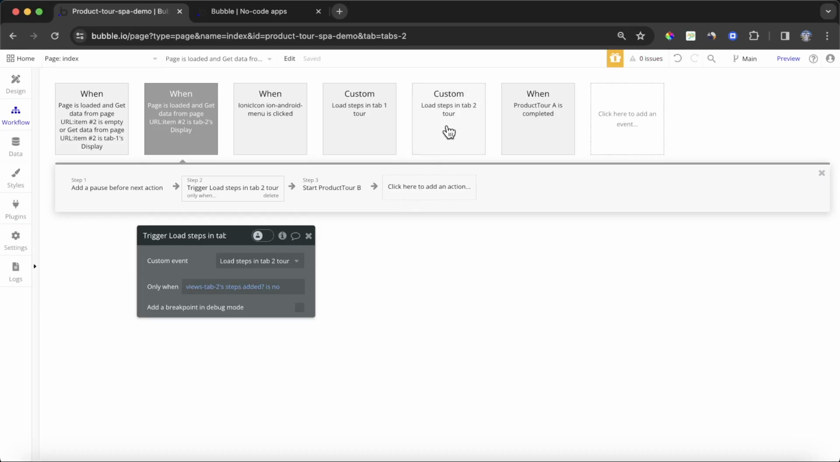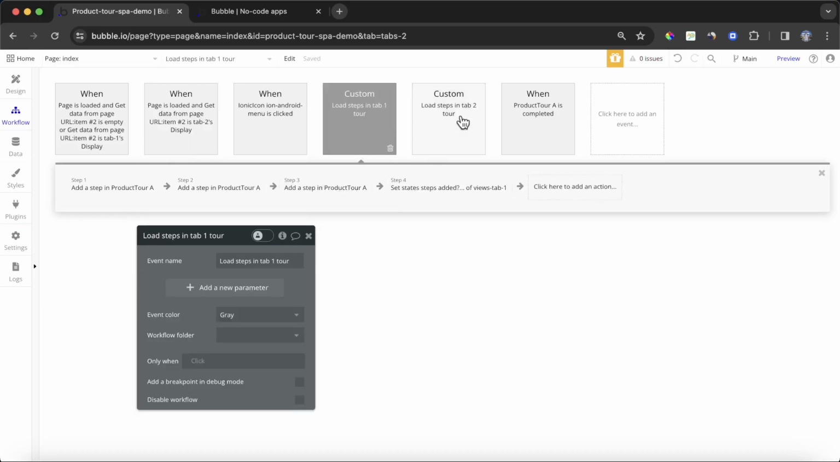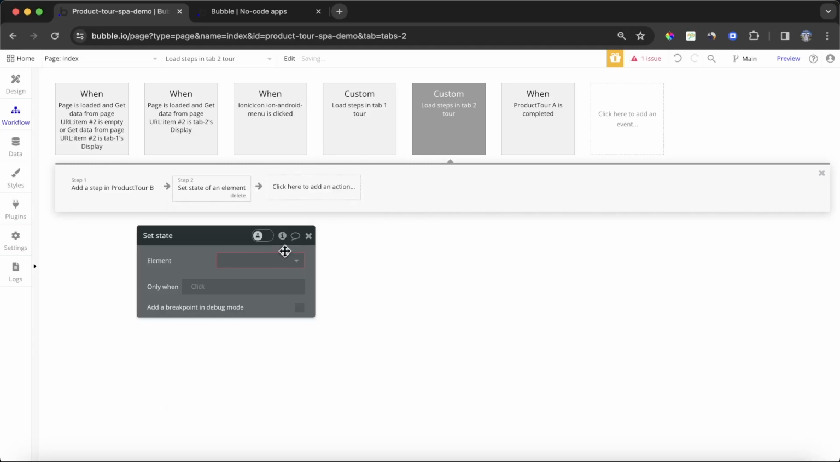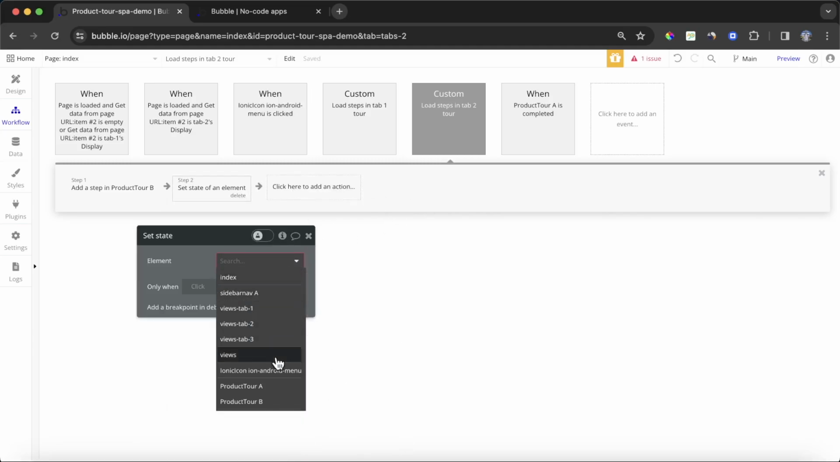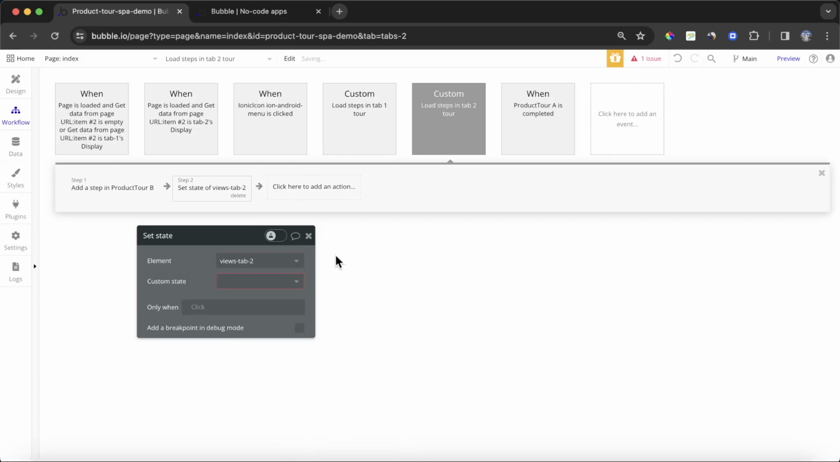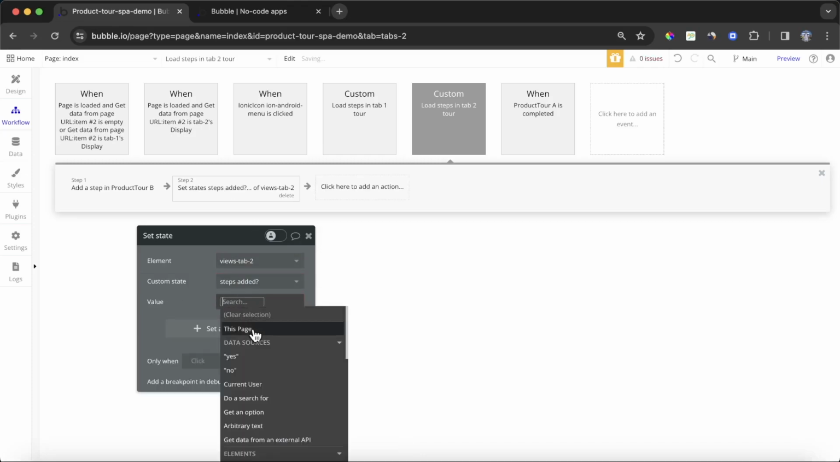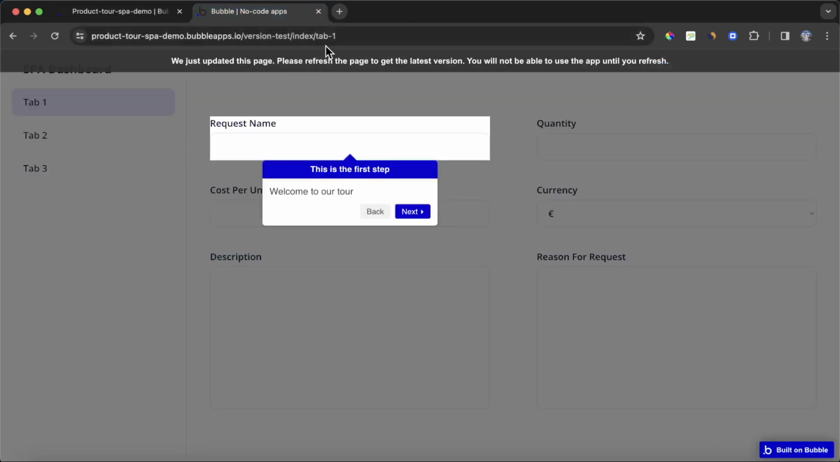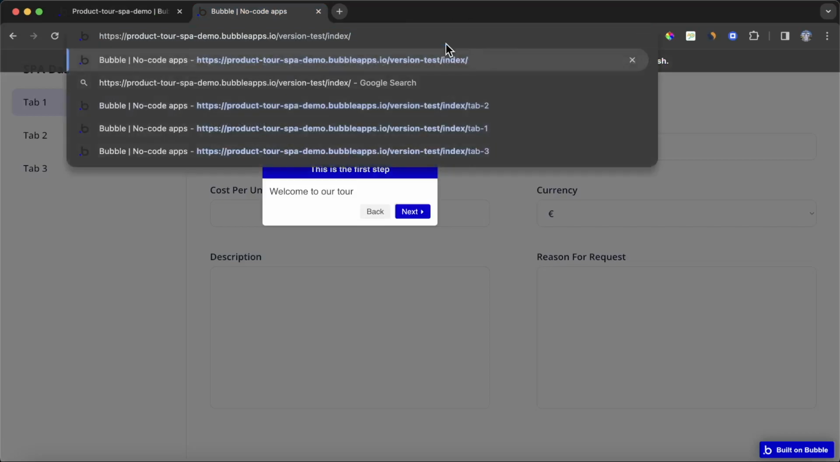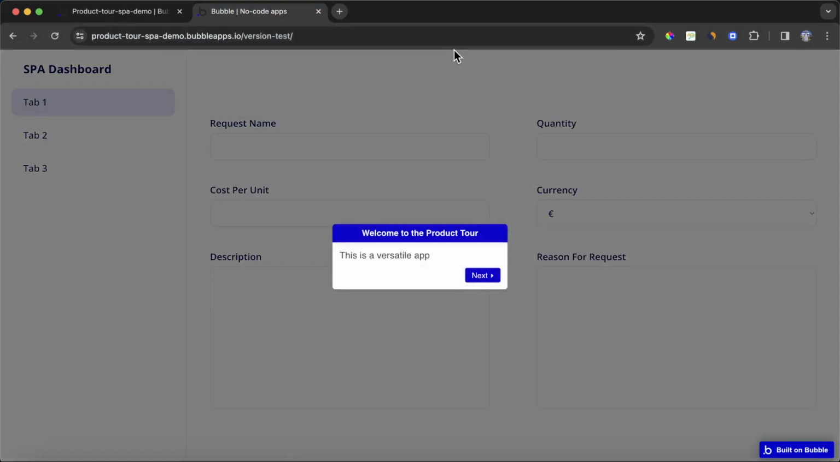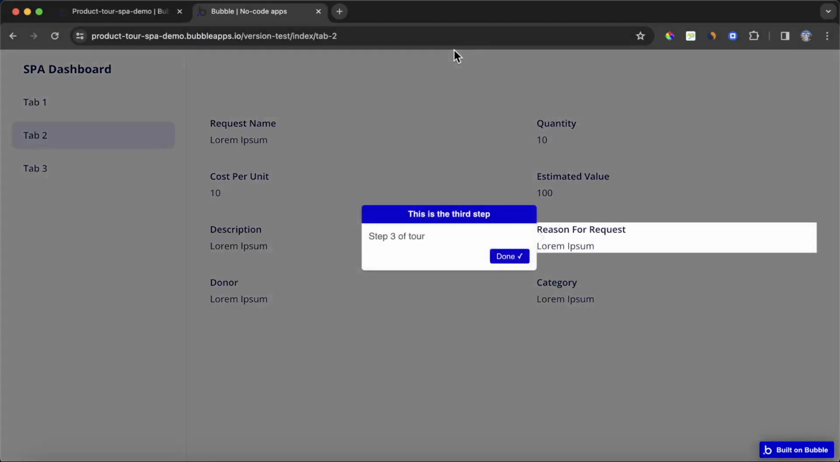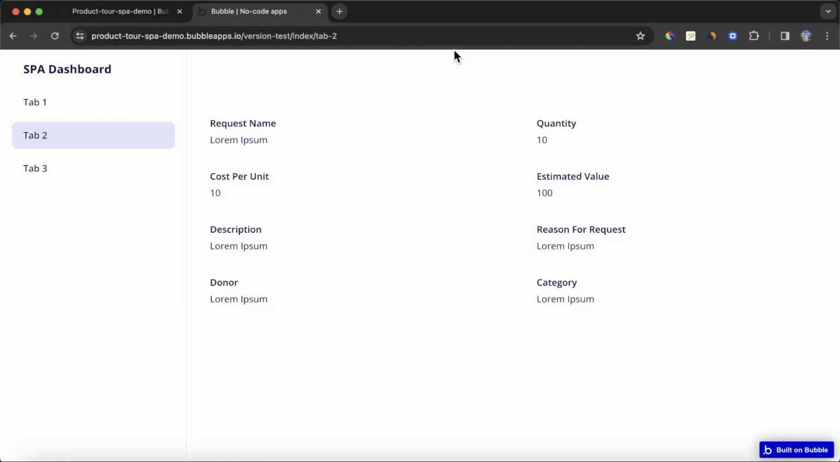And then when we do add the steps the very first time, just like in our first one here, we're going to set the state of an element. It's going to be views tab 2, steps added, and we'll set that to yes. Okay, so nearly there. Going to be one final step after this, but let's just refresh. Okay, so we're going through first, second, third, done. So this is good. And what we're going to see is we're going to be brought back to the first